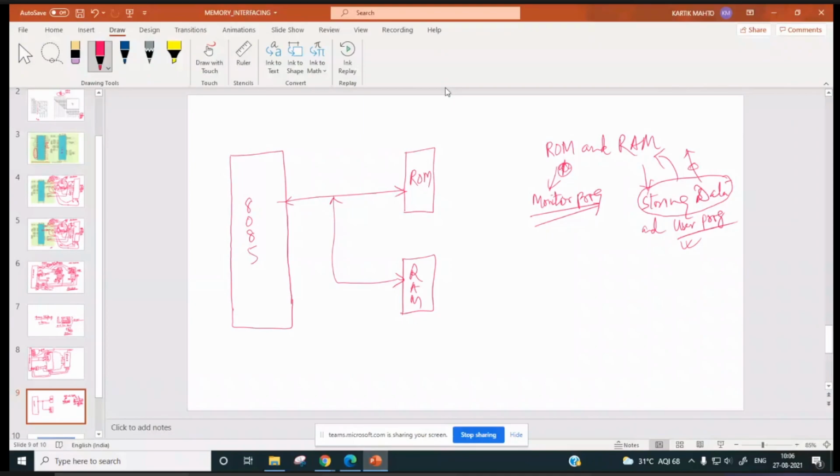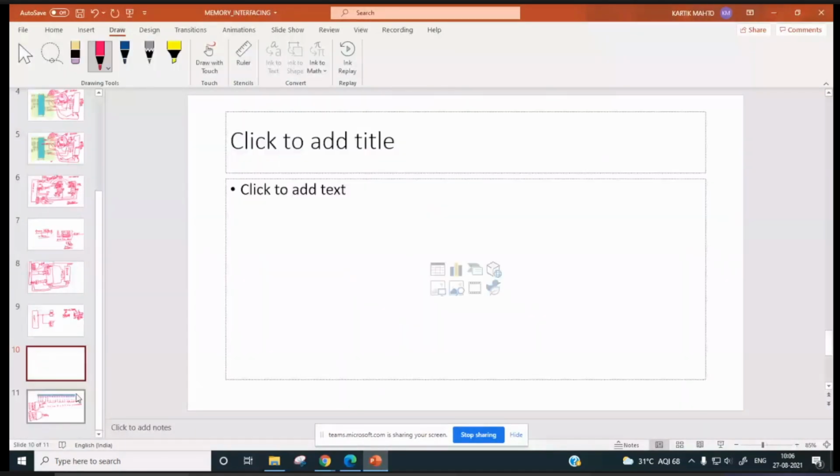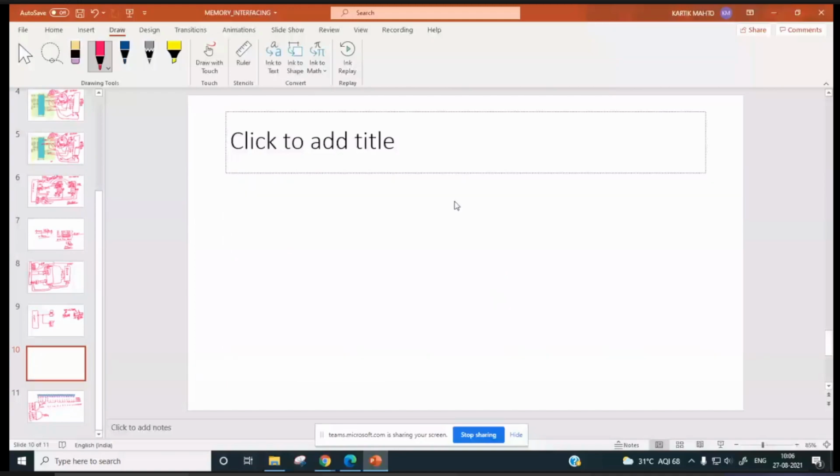And in last class we discussed also how memory is organized inside a chip. So let us do some revision related to this. In fact, memory is standardized in form of bytes.